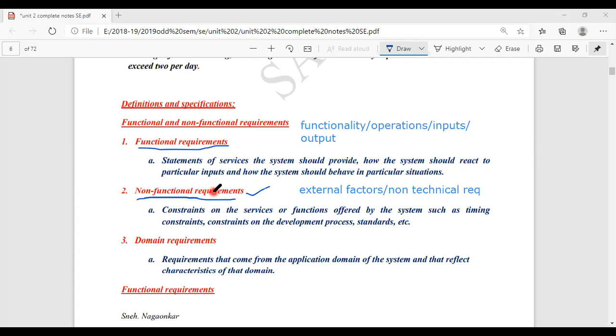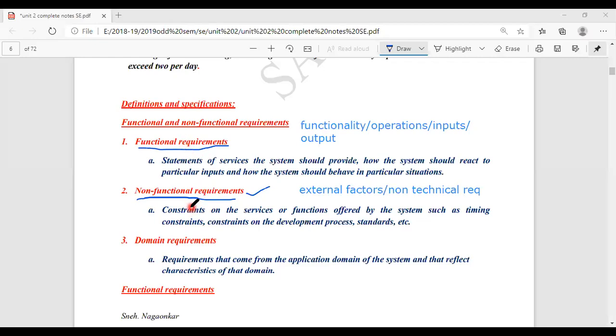So for example, another small example I will give you to understand both functional and non-functional requirements. Suppose you know movies, right? Suppose we'll take an example of a movie, for example, Chak De. So in this movie, the actors and all the main roles come under functionality of the movie. They all play a major role. They are the lead to conduct that movie. So those actors come under this functional category.